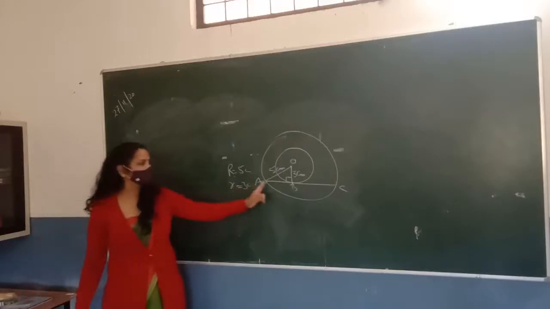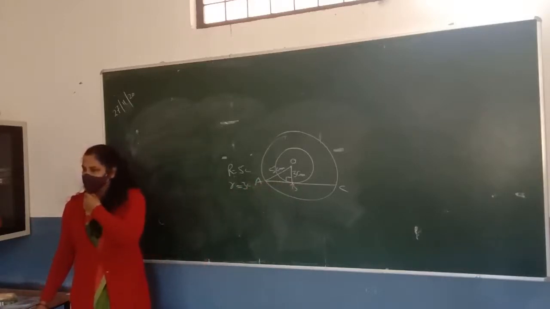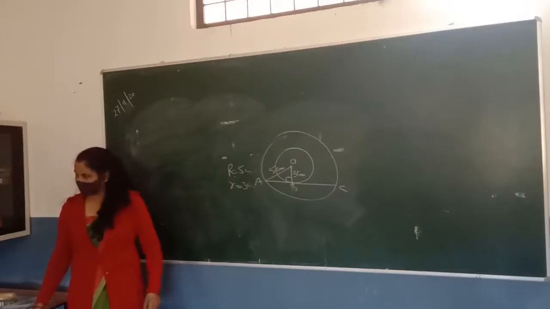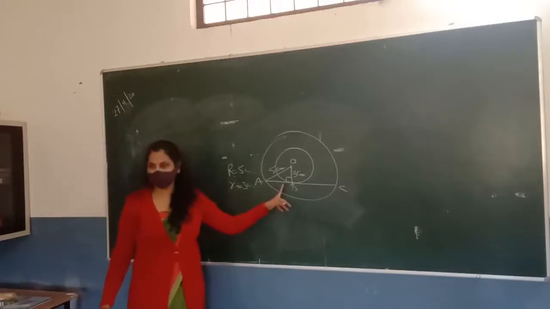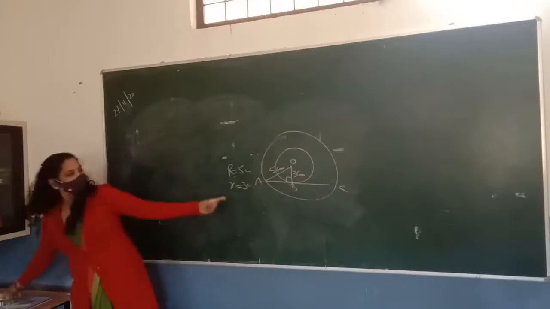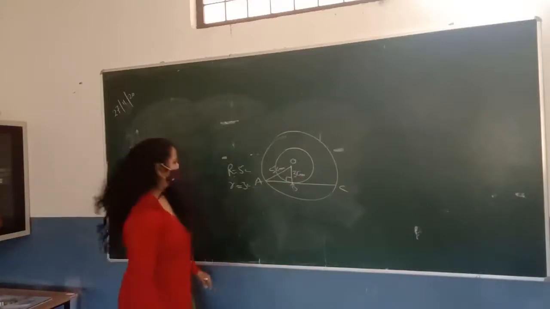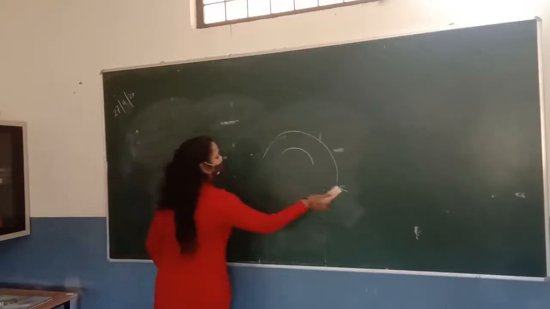Or how can you say that AC is twice of AB? The line coming from the center bisects the chord. Okay, the line perpendicular from the center bisects the chord. So this is perpendicular, so we can say the line is bisected. Good. So we can find the value of AB, and finally we can find the value of AC. Good. Now one question for triangle.